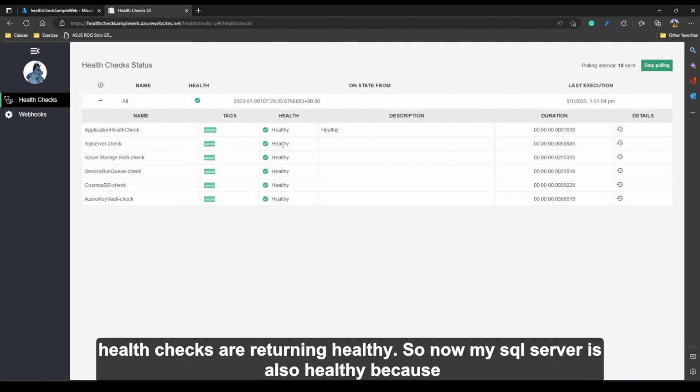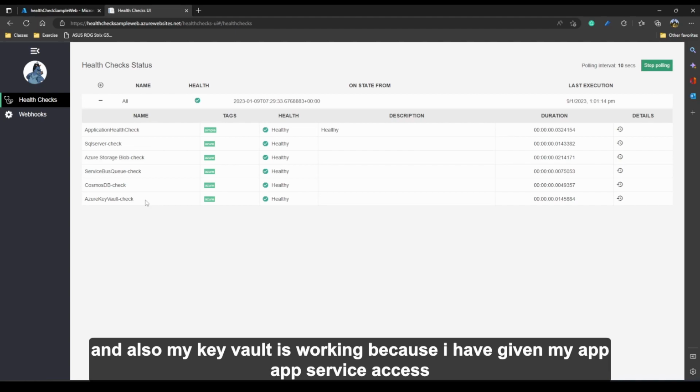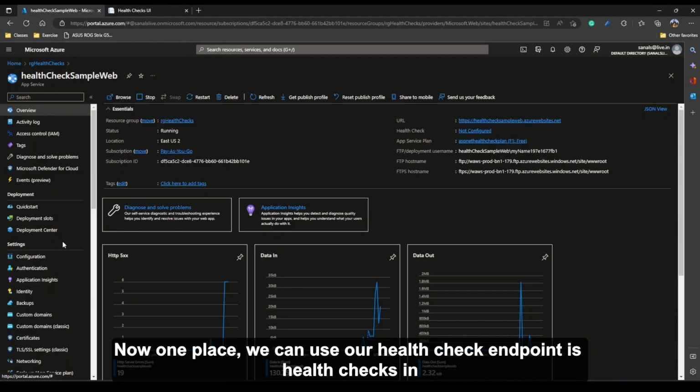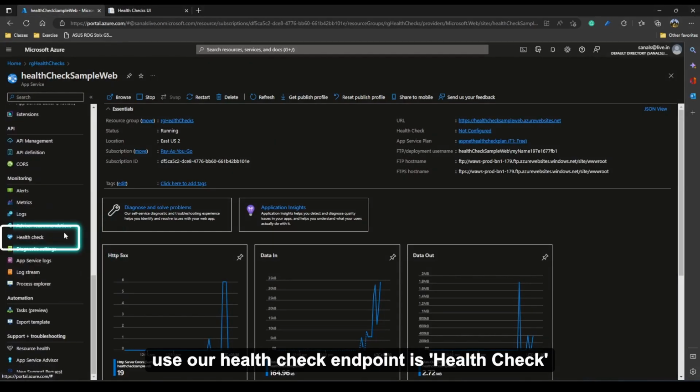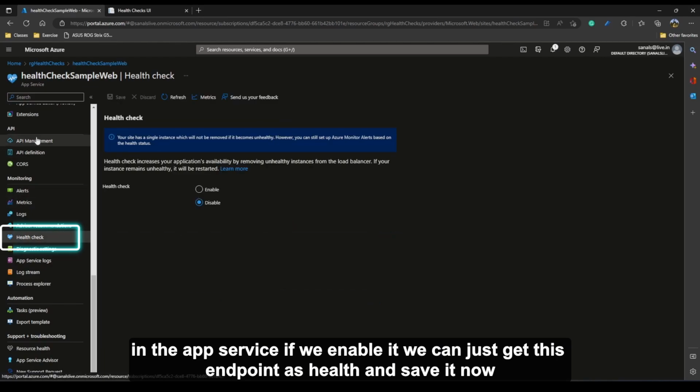So now my SQL Server is also healthy because I'm connecting to it from an Azure service and it is enabled to work with Azure services. And also my Key Vault is working because I have given my app service access to the Key Vault on Azure.